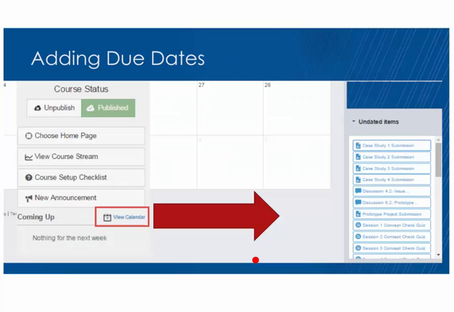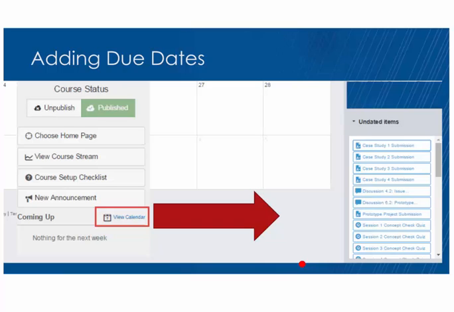The next thing I wanted to look at is adding due dates. This is particularly relevant for our courses that are delivered at the sites or online, where you're getting a course that's already developed and it doesn't have due dates, but it does have all the assignments in there. So you can go in and edit each assignment and put in a due date that way.